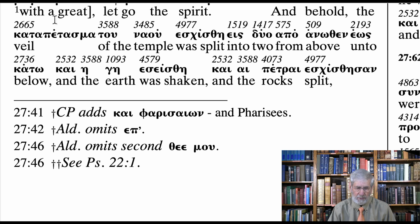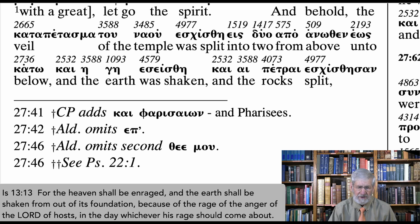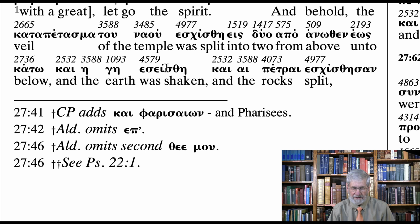Isaiah, but this one I believe was, in Matthew we're talking about. Isaiah 13:13 says, "For the heavens shall be enraged, and the earth shall be shaken from out of its foundation, because of the rage of the anger of the Lord of hosts, in the day whichever his rage should come about." So we have this shaking of this earth, and then it calls it an earthquake later here,